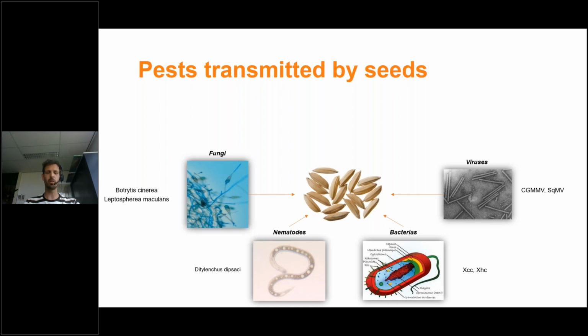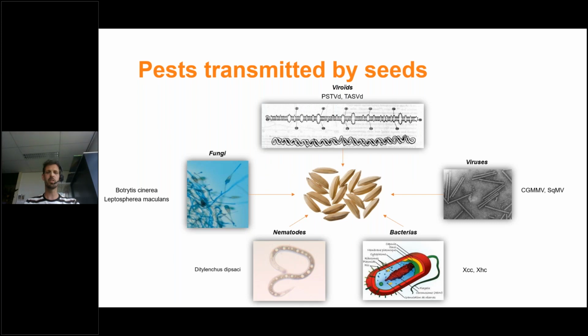Nematodes, or little worms that we cannot see with the eye, can also infest seeds and travel with these seeds, as do viroids. Being a more recent pest group that was discovered, and being a big threat, consisting of an RNA strand that causes virus-like infections,